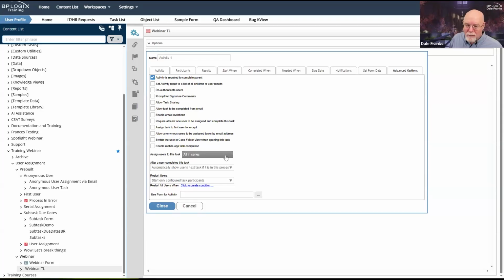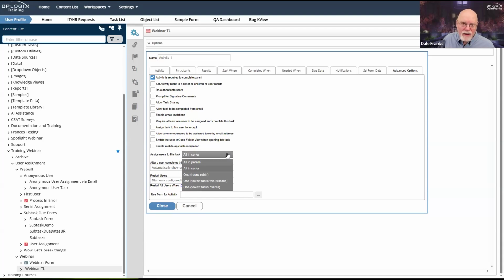But again, I don't actually need to have subtasks. Subtasks are nice for organization. But if I just assign 5 users to this task, or I assign it to a group, then it's just going to go through the group user by user, probably alphabetically, I think, in most cases. And it's just going to send a notification to the first user, and it's going to wait until they're complete, and then it'll send it to the second user and so forth until all the users in the group have been assigned the task.